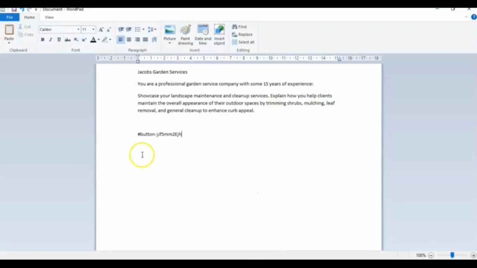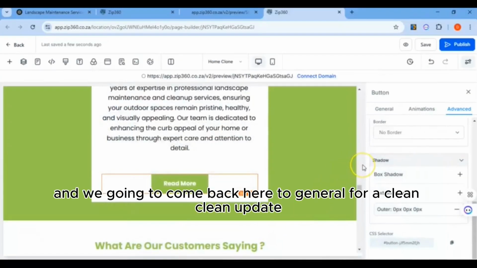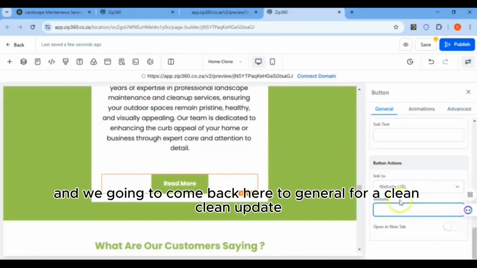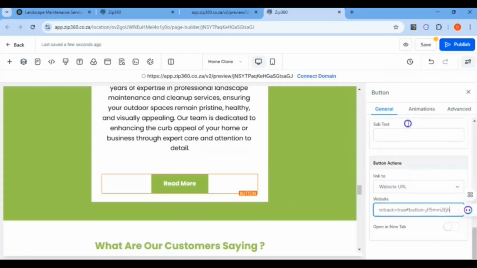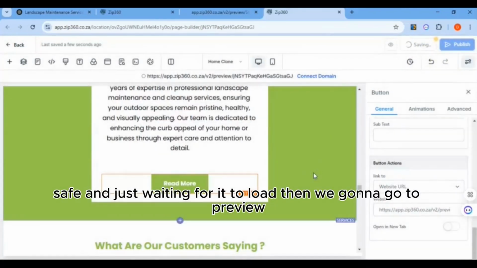Come back, paste, cut, paste, copy, and we're going to come back here to general. Going to clean up there, put in the new link, paste, save, and just wait for it to load.